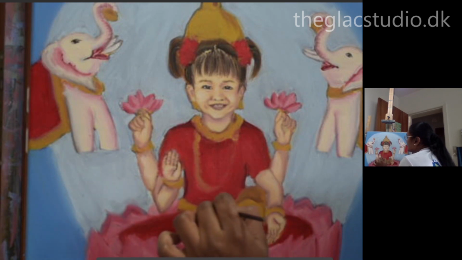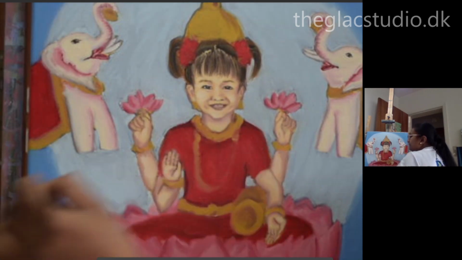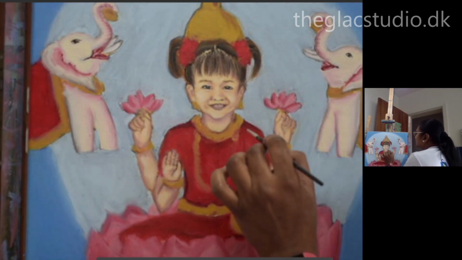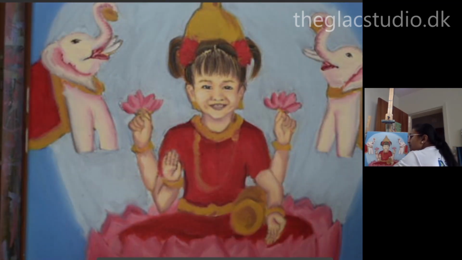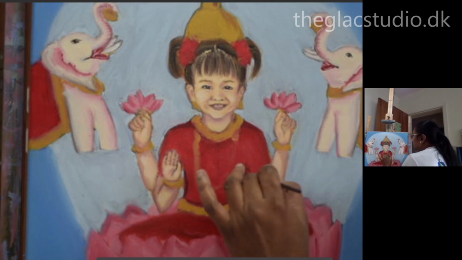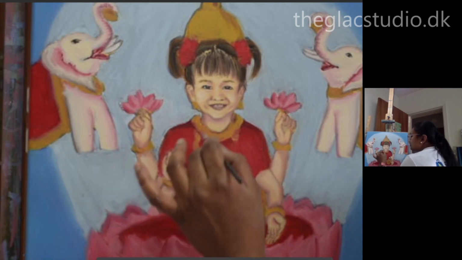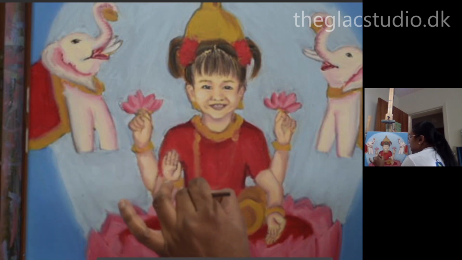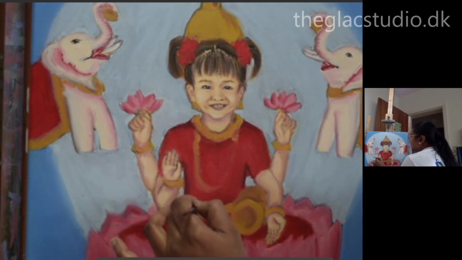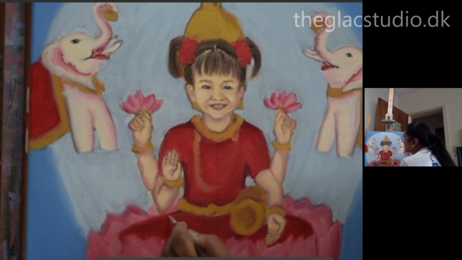On top of her belt. The neckline, I think I'm not going to do much on the neckline right away because I want to see what I choose to work on as her jewelry, and then I can adjust things around. So I'm just going to leave that unattended right away and move on to her